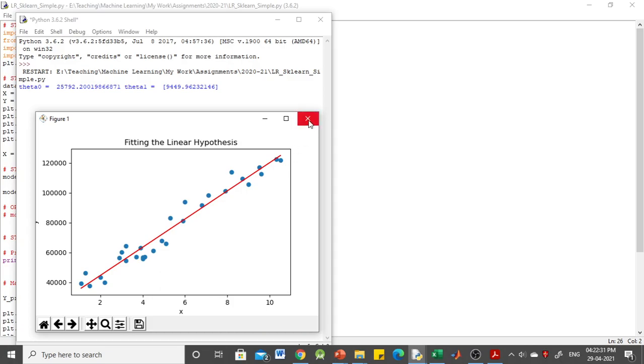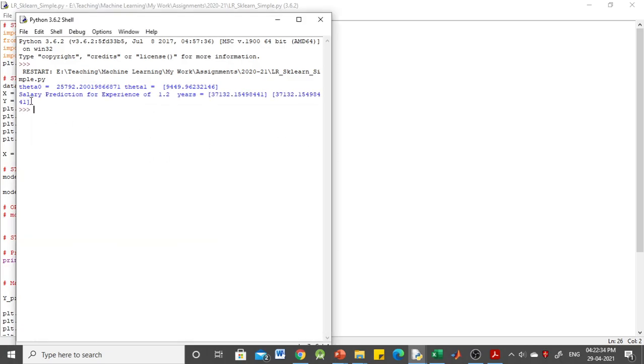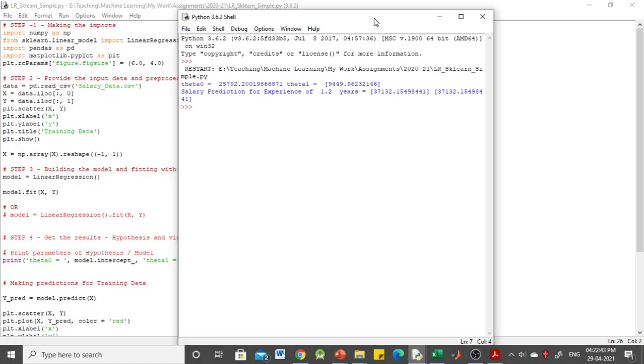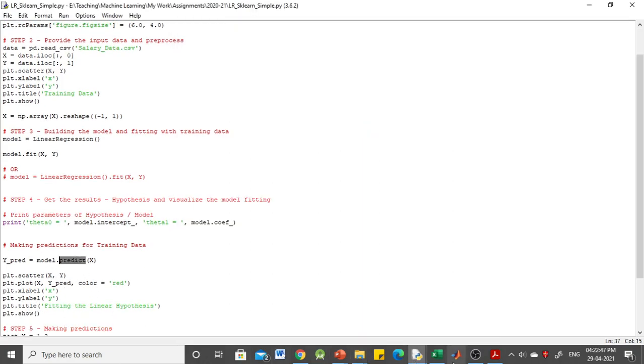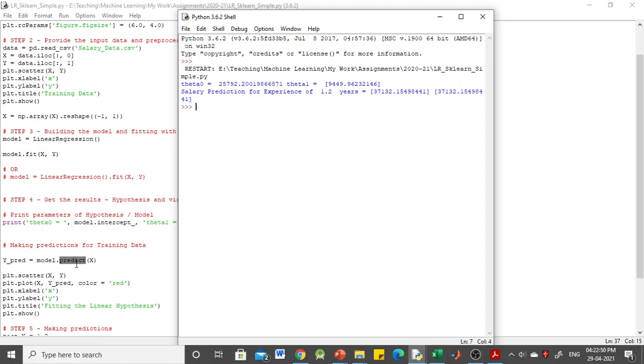Now see here the prediction: salary prediction for experience of 1.2 years. We have used two different methods for predicting the salary. Using the predict method directly, we have got 37,132.1549, something like that. This is the salary predicted for the person who has 1.2 years of experience.